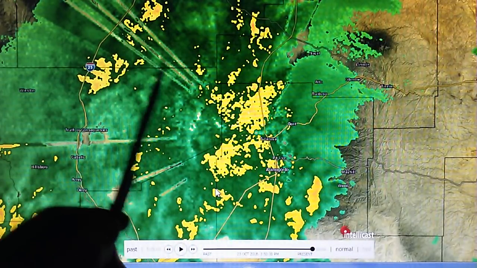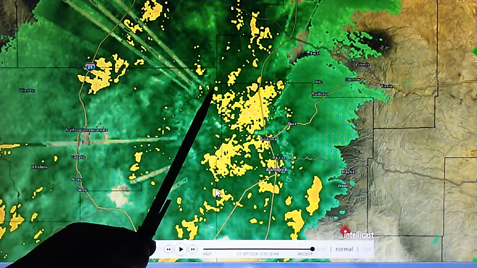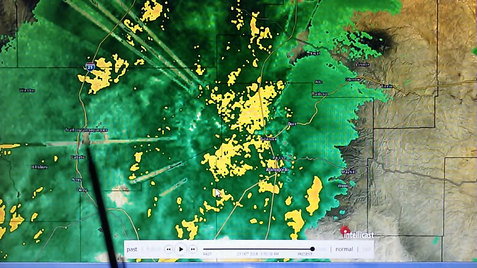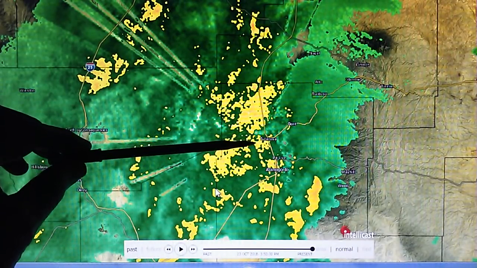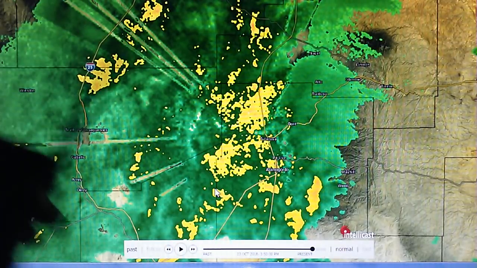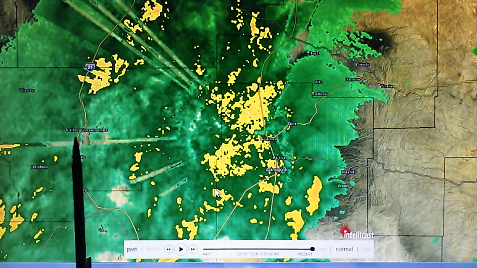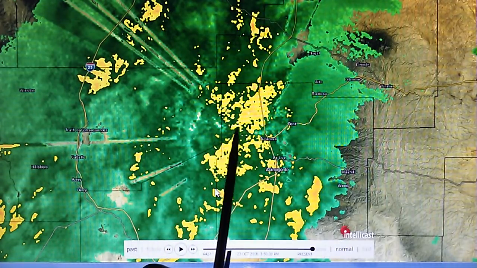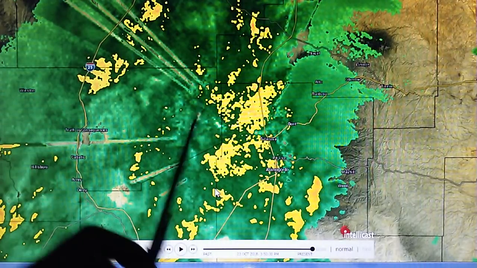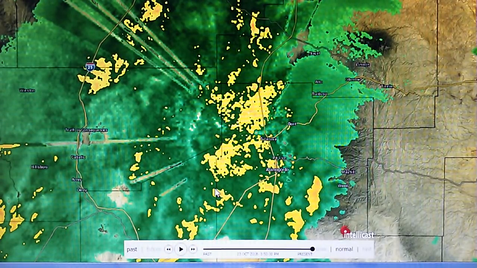And we can see that where this WSR-88D is located, if we just take a ruler and line up these edges, we can come right to the origin point of where this manipulation is occurring at the ground level. So we have these ground-based microwave transmitters that were evaporating the precipitation in the New Mexico area. We have another example of